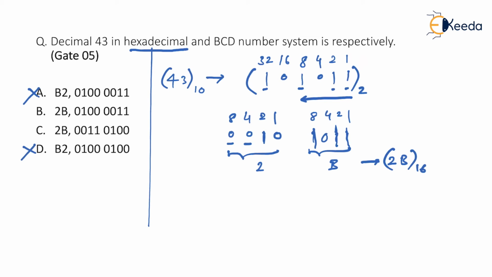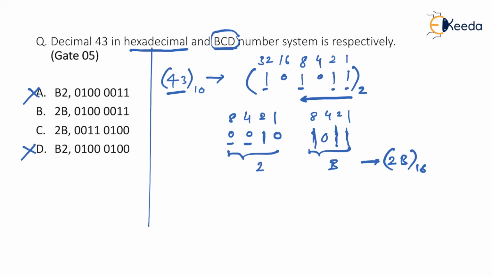But again, the 2 options cannot be separated this way. So the correct option would be figured out by having its BCD number representation. How do we convert this into BCD? It's very, very easy. It is done directly from the decimal number. What does BCD stand for? BCD stands for binary coded decimal. It means every decimal digit is just converted into binary. I repeat, every decimal digit converted into binary.